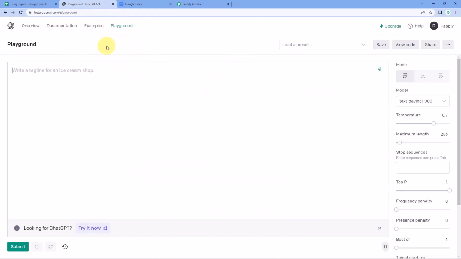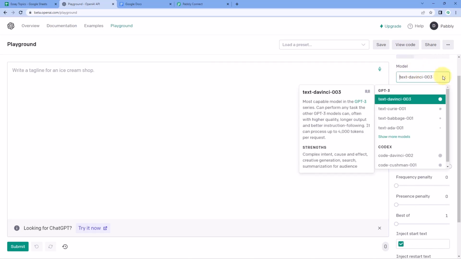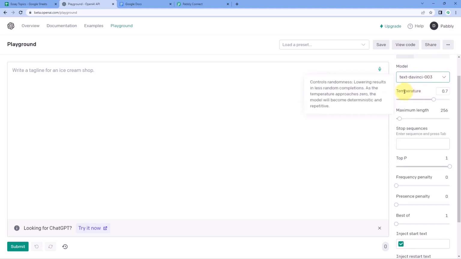So here, guys, after reaching the Playground, on the right side here you can see all the options, like you have 3 different modes: complete, the second mode is insert and the third one is the beta. Then here you can see the model of AI engines which we have selected. We have selected Text DaVinci 003 as the model. Then it is asking us temperature. So basically the temperature actually